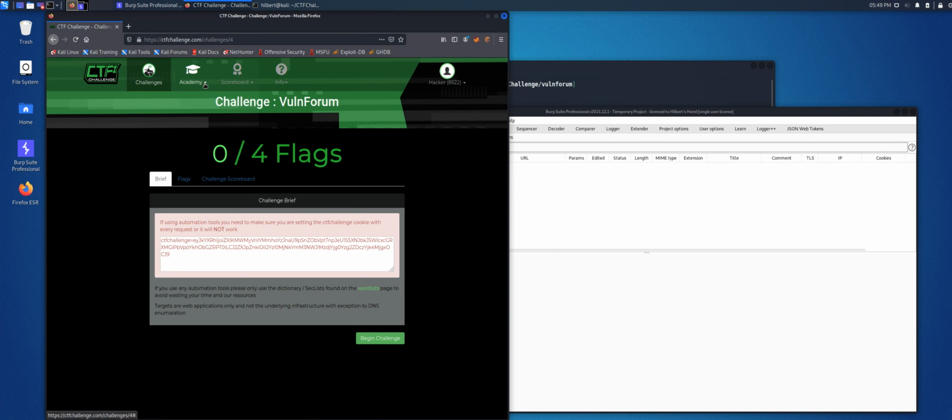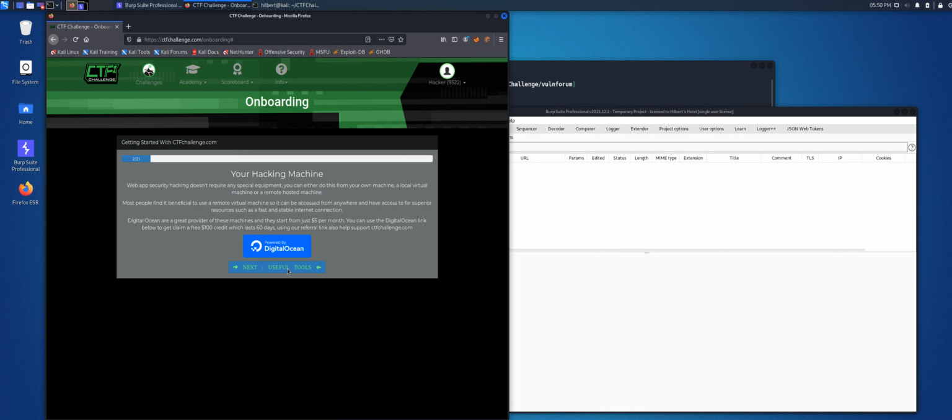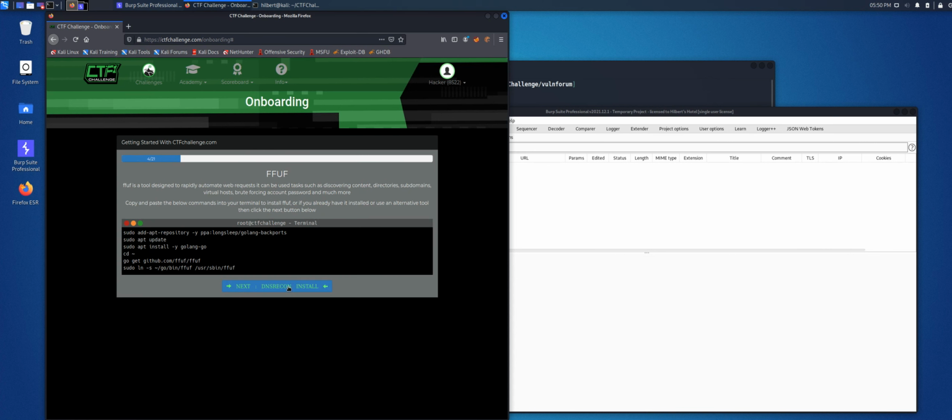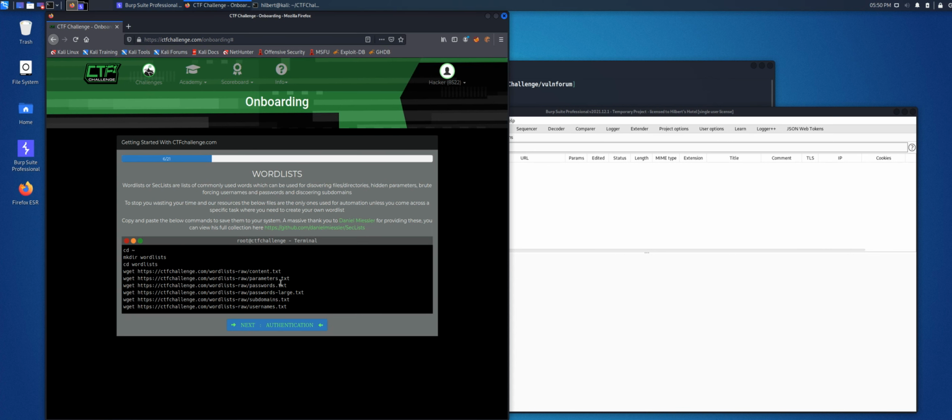One thing, the site is set up with a little onboarding section. If you're new to hacking or web exploitation, they give you a little thing you can go through, and it tells you what tools you want to install, how you'd use them, and a little bit about them. The site also gives you a set of word lists. So if you need to enumerate or brute force anything, these are the word lists you want to use, which is pretty cool. But at the same time, I think they do it because there's also a rate